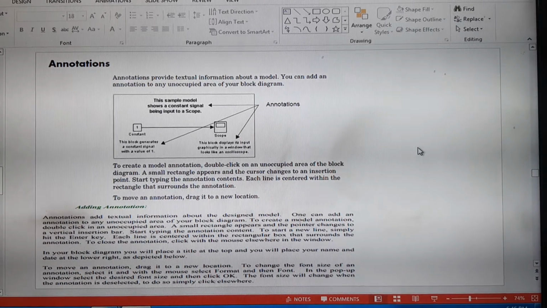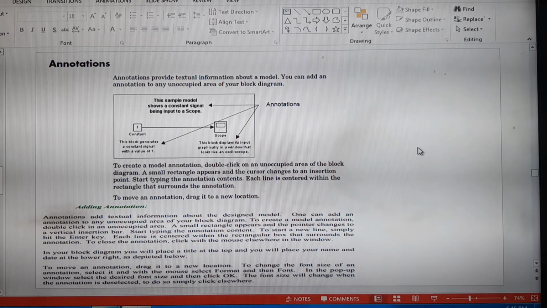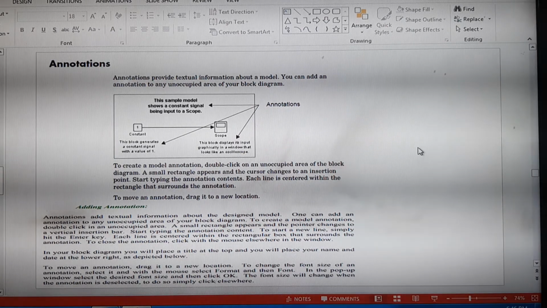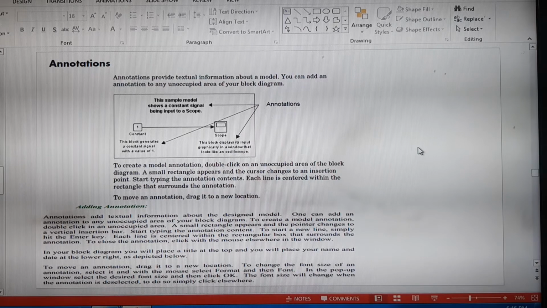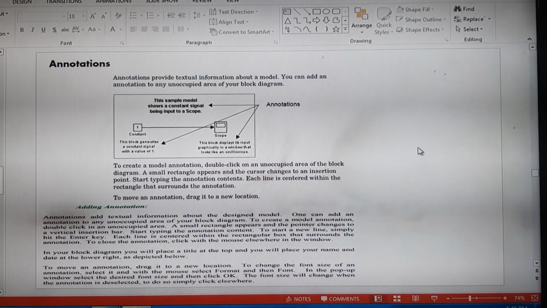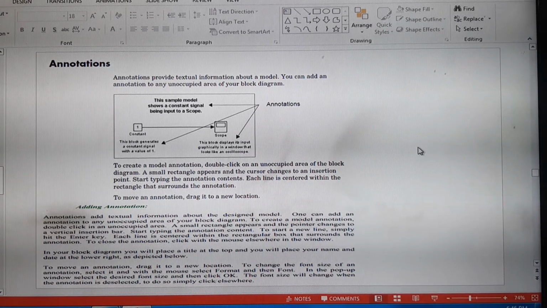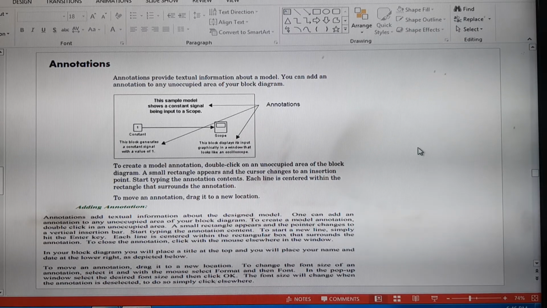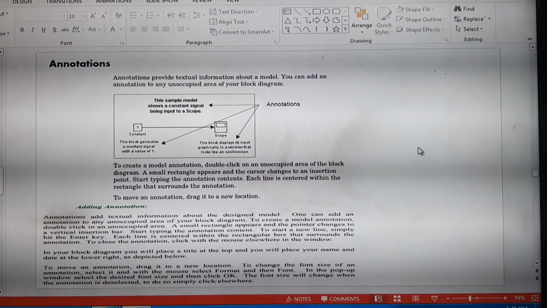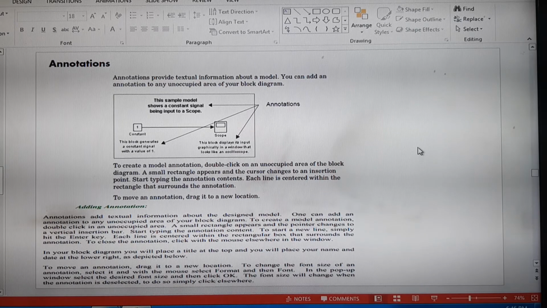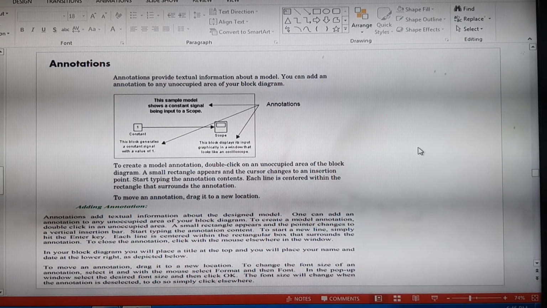To add an annotation, we need to double click on an unoccupied area in the canvas. A small rectangle appears and the cursor changes to an insertion point. Here we can type a name or comment of our use, and each line is centered within the rectangle that surrounds the annotation.